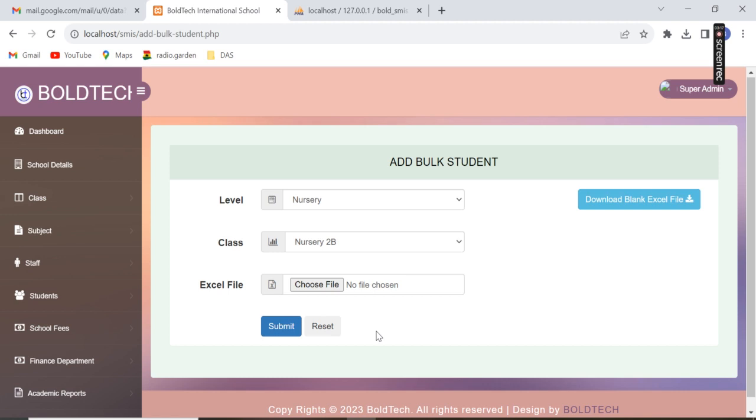Once you submit, all those names are loaded. This is a much more practical way than doing it one by one, but we have the one by one option for the case where a student is admitted and you don't need to go through the Excel file. You can just enter the information at once. Okay. Still on the students,